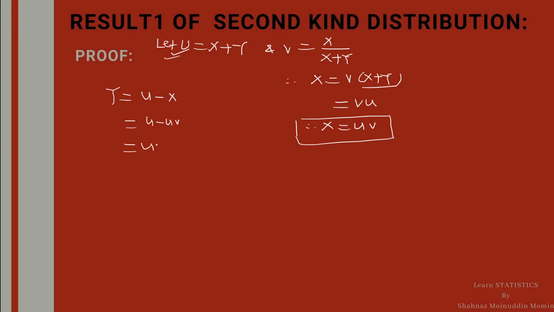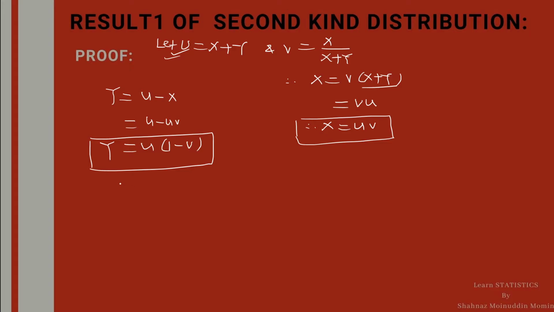So it is equal to u into 1 minus v. This is the second value, y in terms of u and v. Now we will obtain the joint PDF of u and v by the theorem of bivariate transformation of random variables,